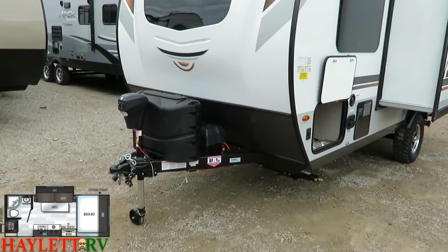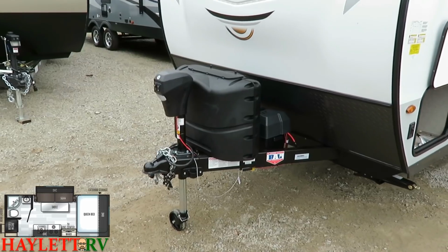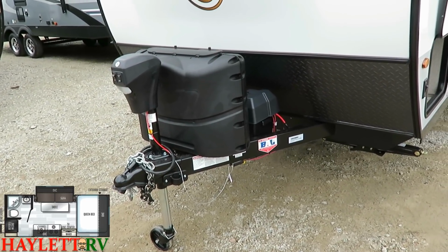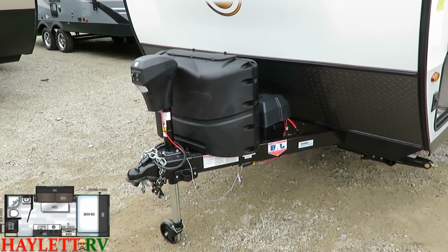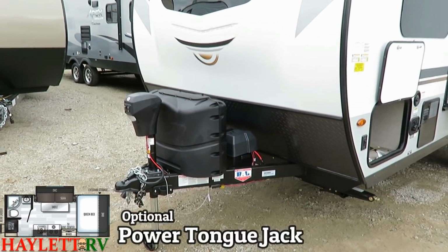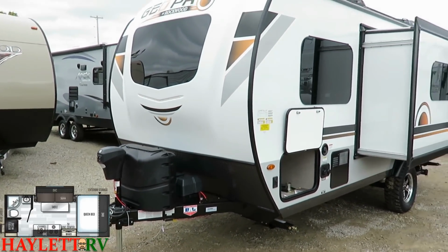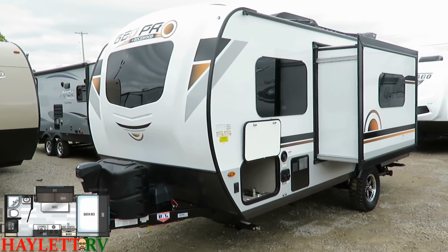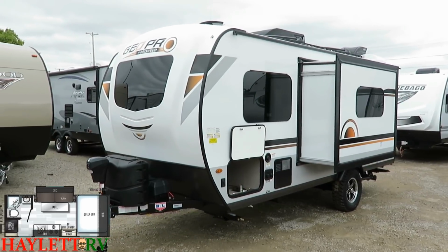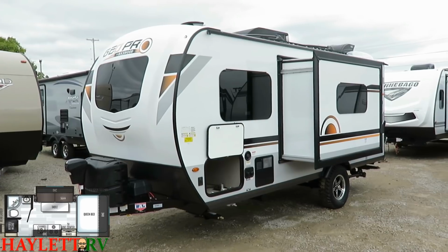Here's a really cool feature on these. Usually, single axle campers have a single propane tank, but Geo Pros standard have a dual propane tank system with auto changeover regulator. You can see we've also applied that power tongue jack to the front to do the heavy lifting for us. Now, things like the solar package, the double propane stuff, you start to see that creeping into the Apex Nano series now with their off-grid package. But Rockwood, with the inverter and whatnot, they're doing more here,